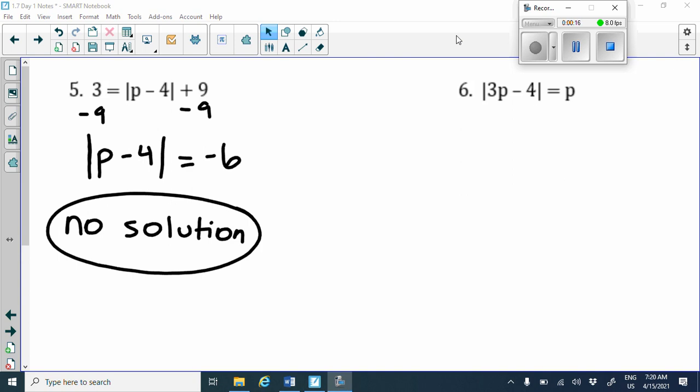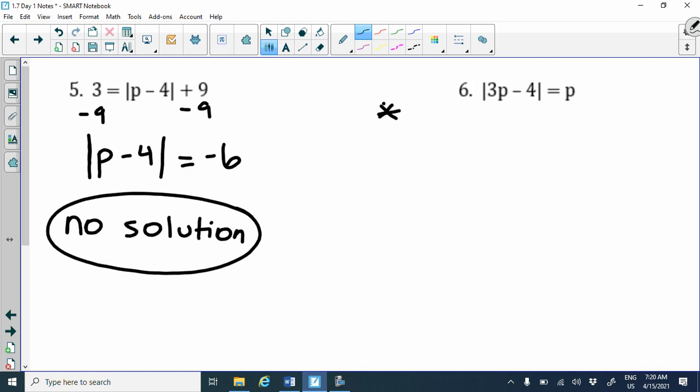So number 6, we have the absolute value of 3p minus 4 equals p. Now, whenever you have a variable on the other side, this is when you need to check for extraneous solutions. So I should say when you have a variable on both sides,